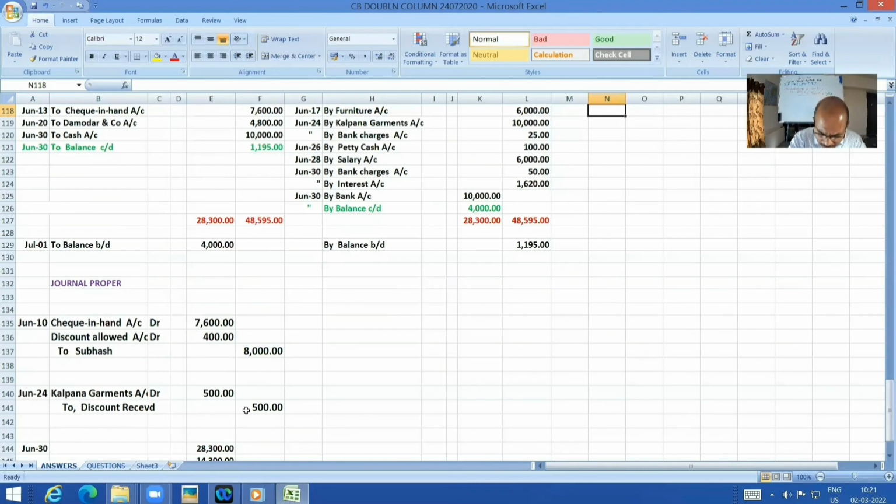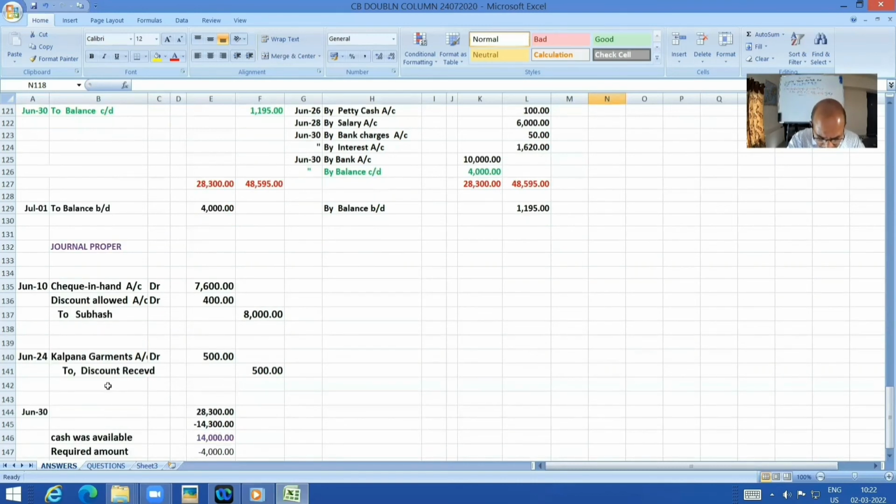It's better, even if they don't ask you, to support these entries in your cash book. Support the cash book with these entries to be shown in the journal paper. That will impress the examiner a lot. Anyway, please check with your class teacher and get guided by him whether it's expected or whether I can ignore it. That's up to you. But when I teach, I'll teach in a full-fledged way. Okay, fine.